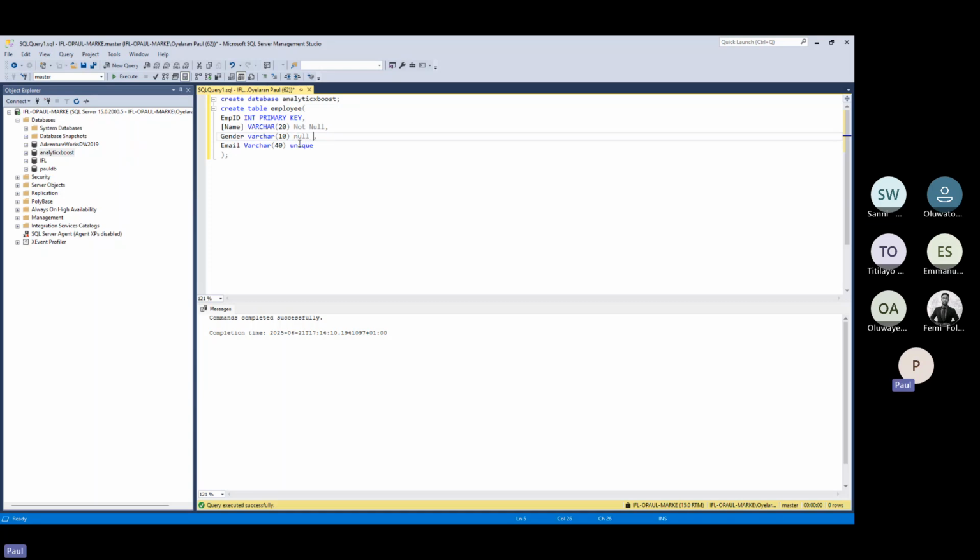And I can apply one called default, right? In case that person did not put a value there, I can say the value to be, let me just put one. I don't want to use female. Or let me combine the names, right? Just to show us, which means that at the point that we are entering a value inside this field,